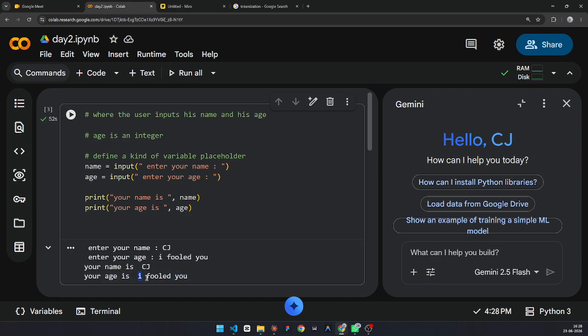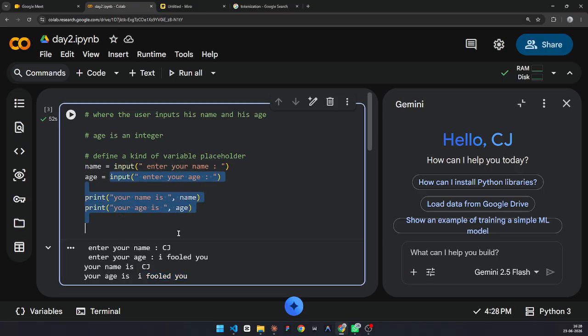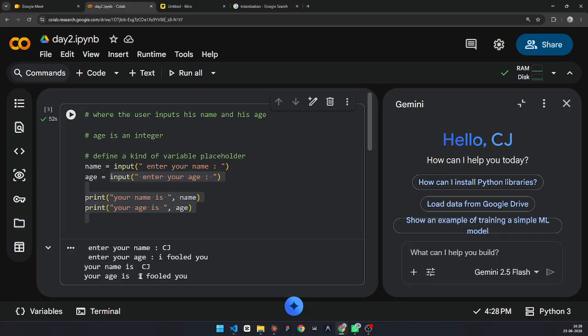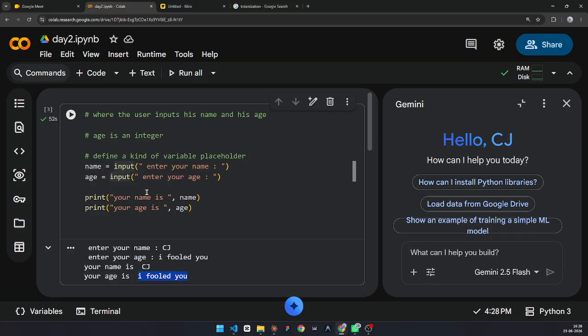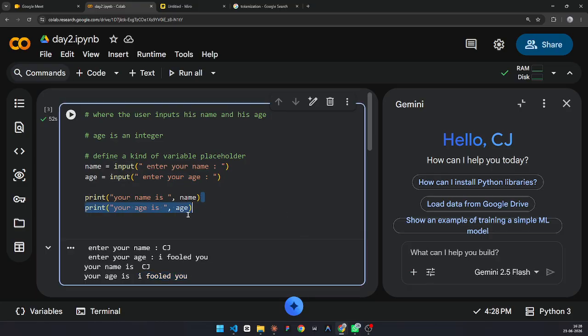That's completely wrong, because in testing that might sound good, but in production the main issue is that you should follow strict rules. So what should I now change in this code to make sure that the age will always be an integer? Can you type in the chat? Yeah, exactly, Krishna, you are correct.